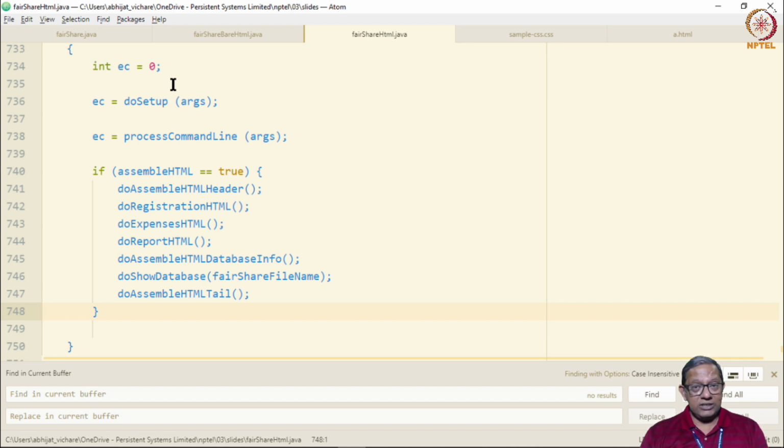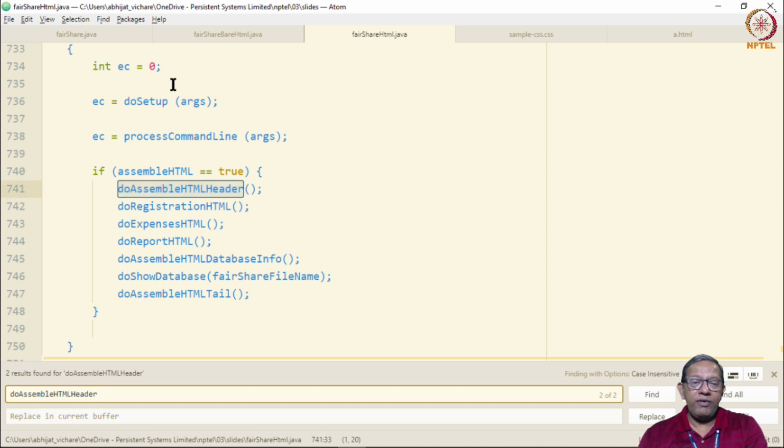Because as far as style sheets are concerned, the only thing style sheets do is to specify how individual elements of HTML are to be displayed on the target browser. There are two separate pieces of information: the content, that is the HTML page, and the styling information in the style sheets. If you do not have style sheets, you have bare HTML. It's as simple as that. Let's have a look at how the HTML header is assembled when we want style sheets.